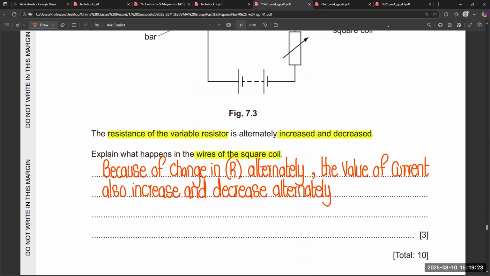And definitely when the value of current changes, it also changes the magnetic field,